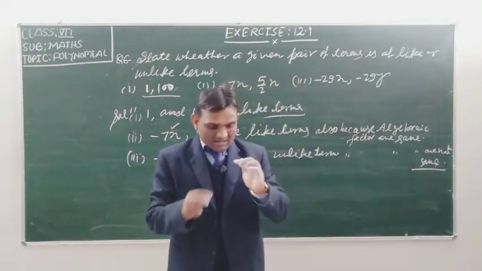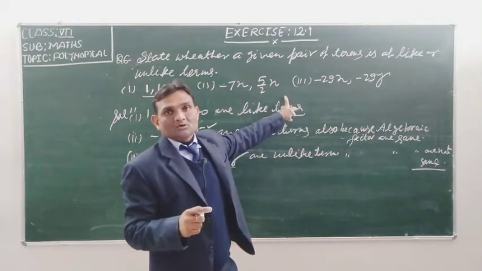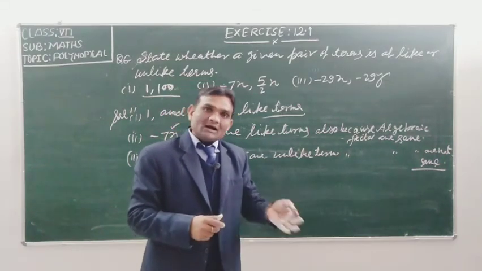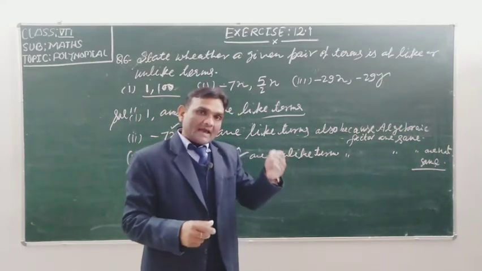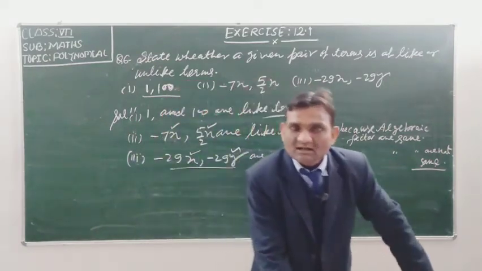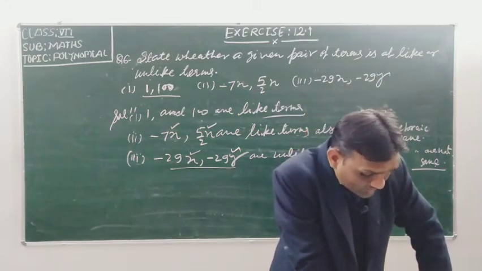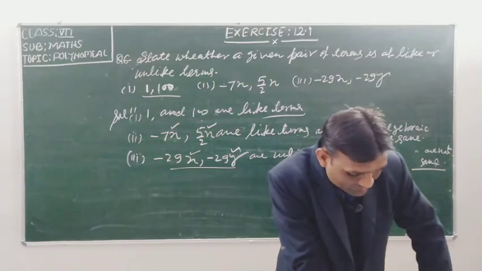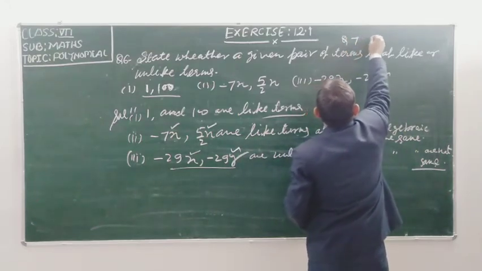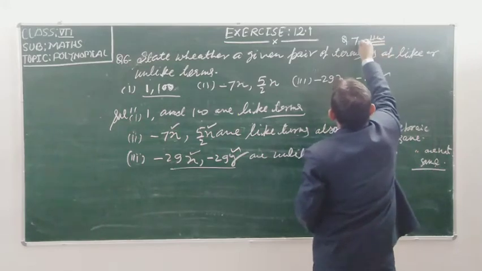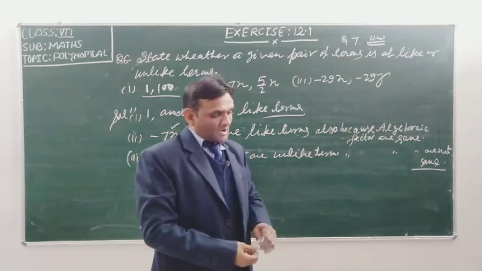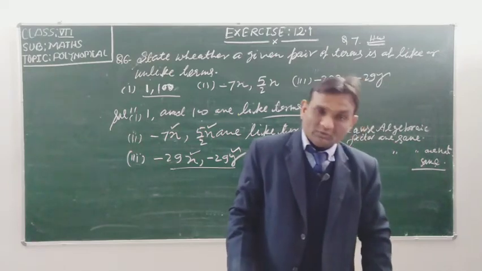First find out one, only one, and the other will come out automatically, like and unlike. Those whose algebraic factors are same, write them first, and those that are left are the unlike terms. So student, I am not doing question number 7. Question number 7 is homework for you. I have discussed question number 7 also. So you will do it in your fair copy, student.